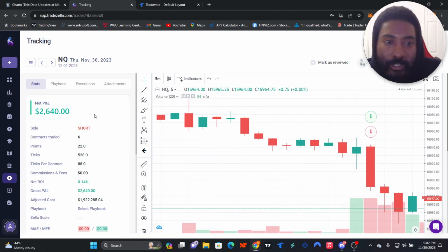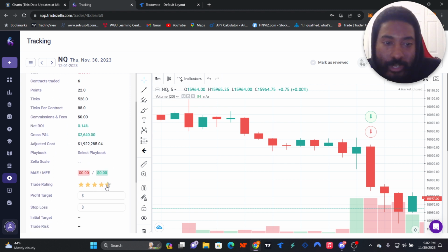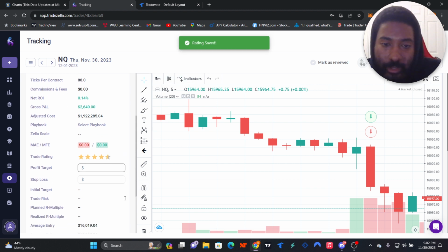If you click on this, it gives you how many contracts you traded. I caught 22 points, which is 528 ticks. It gives you all the data like this. And I'm gonna rate this trade. I didn't get to rate it. It was a 5-star at first. We'll go 4.5